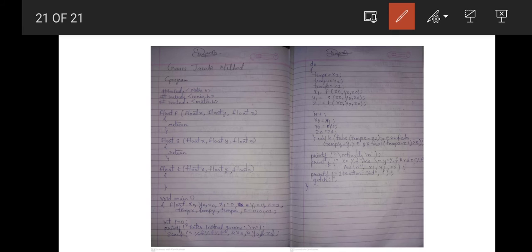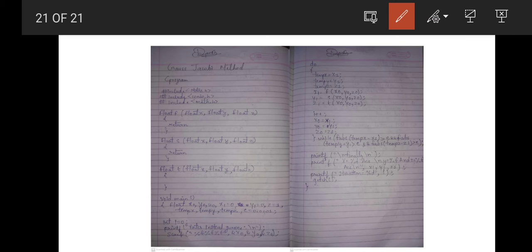Now the C program for the Gauss-Jacobi method. First we declare the standard libraries. We have three functions, float f, float s and float t, for our three equations. Then in the main function we declare x0, y0, z0 as our initial guesses, and x1, y1 and z1. Then we have temporary variables tempx, tempy, tempz, and our e, which is initialized to 0.0001.